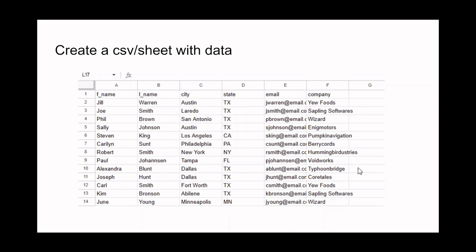You will notice that first name in that left column, column A, is designated by F name. It's easy enough to put first name or last name. This is just how this file came. And there is a fix to this when you go to actually apply it into Salesforce, depending on which column